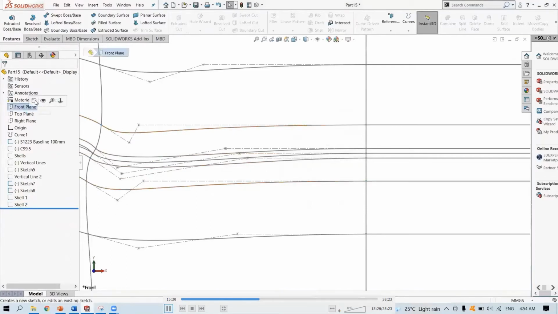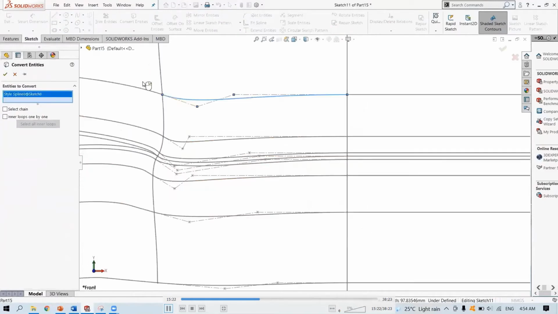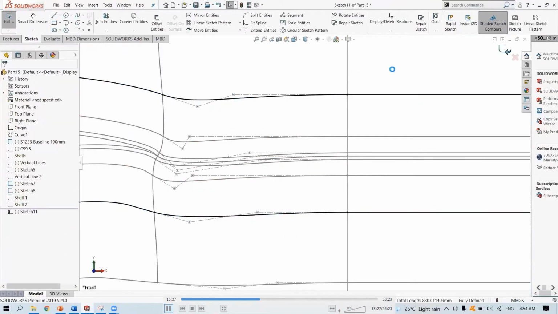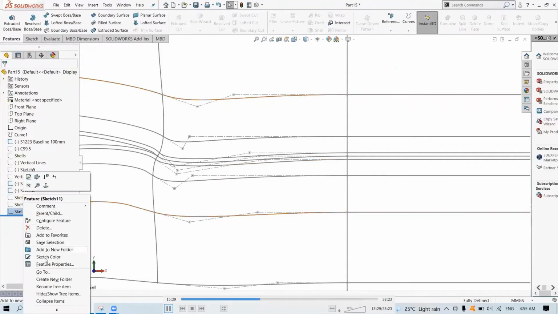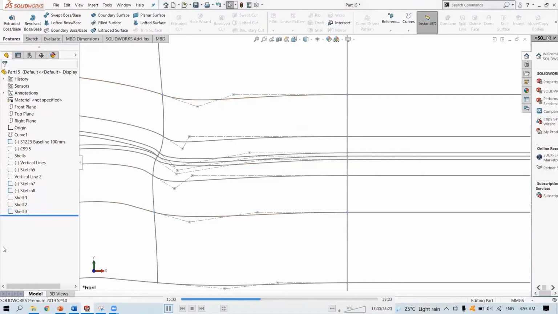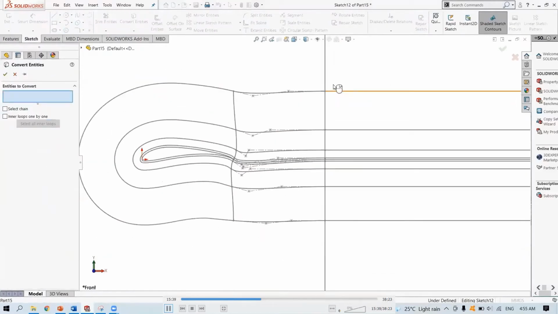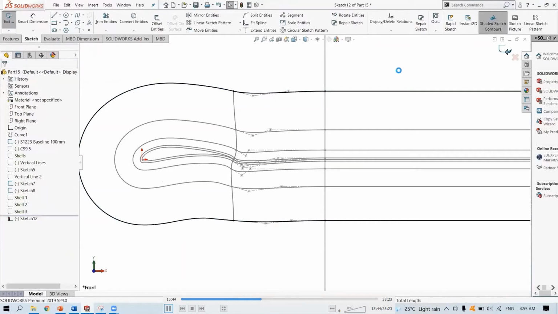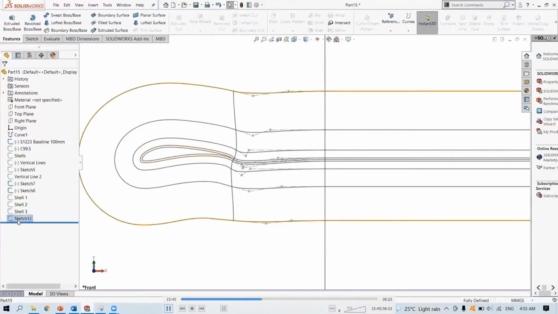Shell 3. One more time for shell 4. Okay.